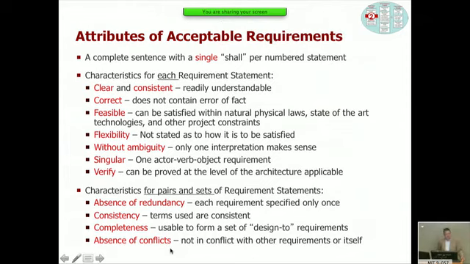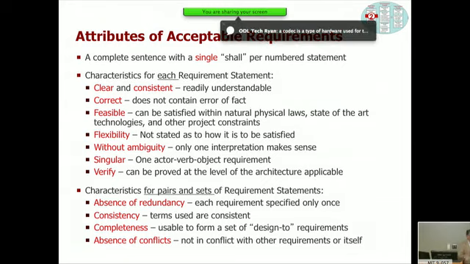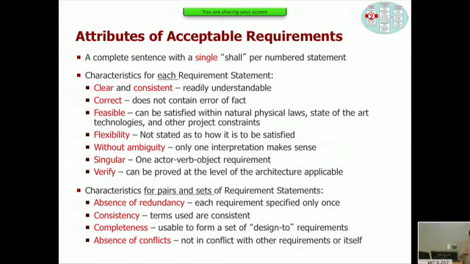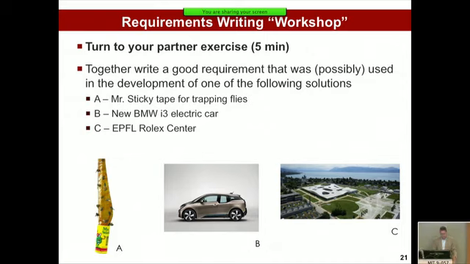And then this idea of absence of conflicts. This is also similar to feasibility. This is a tricky one. Requirements can be in tension with each other, particularly if they're should goals, but they shouldn't be in direct conflict with each other. Like, you shall use aluminum for this unit, and then another requirement says no metals are allowed to be used in this unit. That conflict is not solvable. That's a direct contradiction. That's different from having competing requirements or requirements in tension.